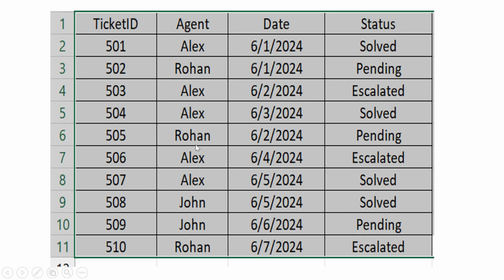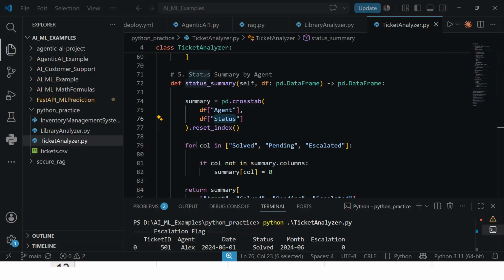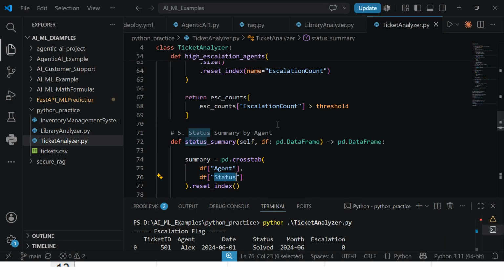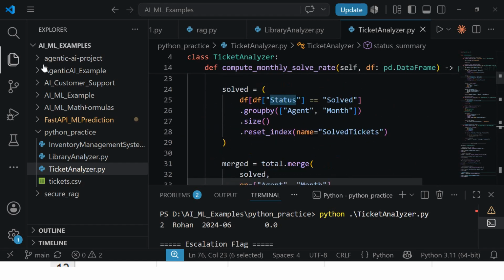On that we have to perform some operation. So what operation, let's understand with the code now. So now we are directly moving to the code here. So let me make some more highlight that. So here